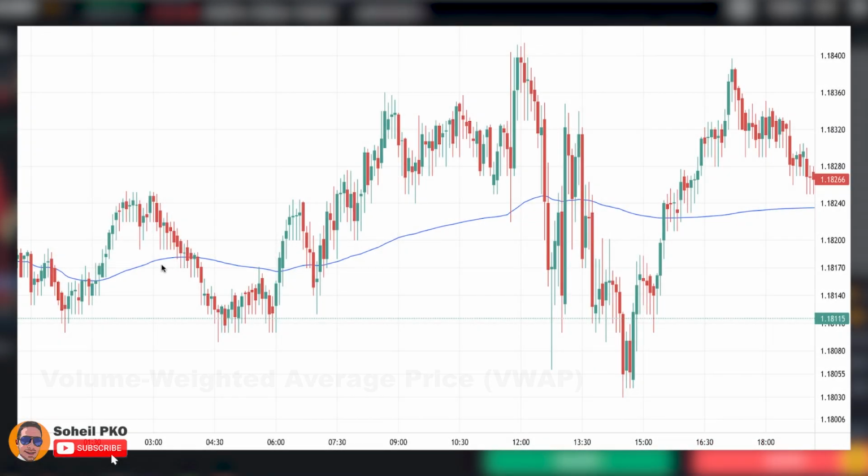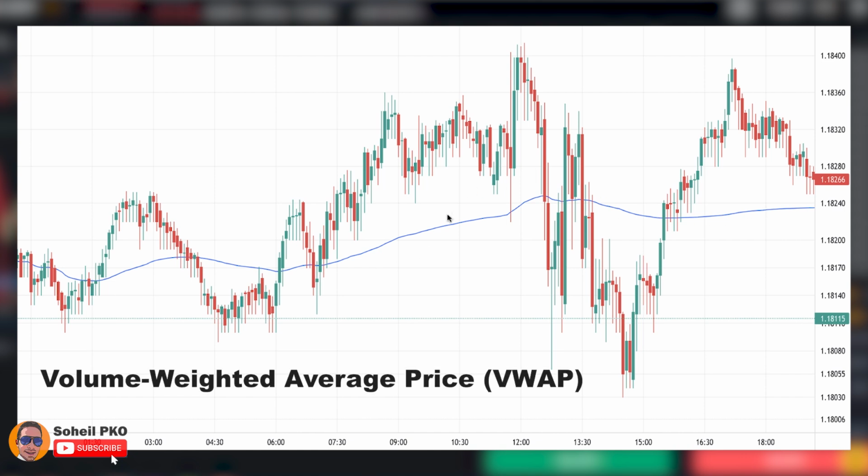Alright, here we go. We got the VWAP indicator on the chart. It's actually an overlay, and it's overlaid on the chart, as you can see. It may look similar to moving averages, but it's totally different. As the name indicates, it's the average price weighted by volume. So volume also plays a role in this indicator, and besides averaging the closing prices during the given time period, it also puts emphasis on the periods with higher